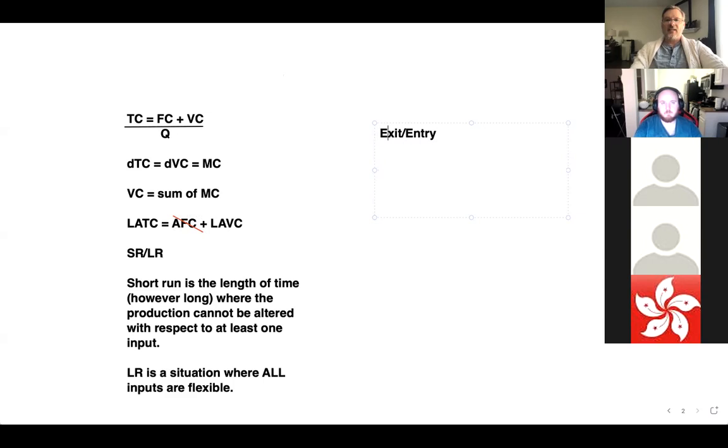These are types of long run decisions. The other thing is shutdown, which is a short run decision to